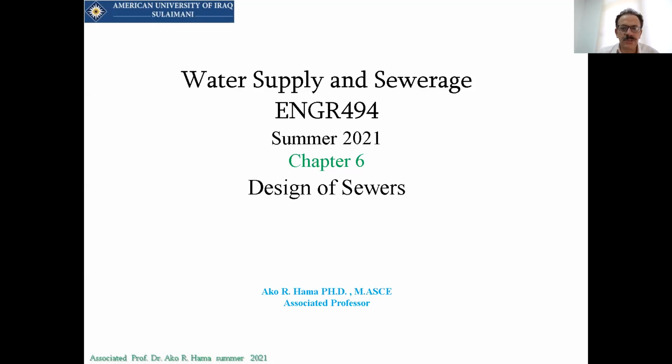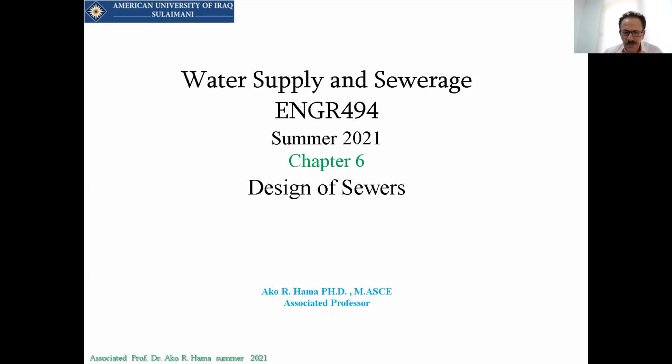Sewerage means the whole system of pipes, which are called sewers. We have sewers, manholes, pipelines, lift stations and other things. These are called sewerage, so the term sewerage relates to the whole work about the sewer: the collection, the disposal and the conveyance of the sewage that we have.